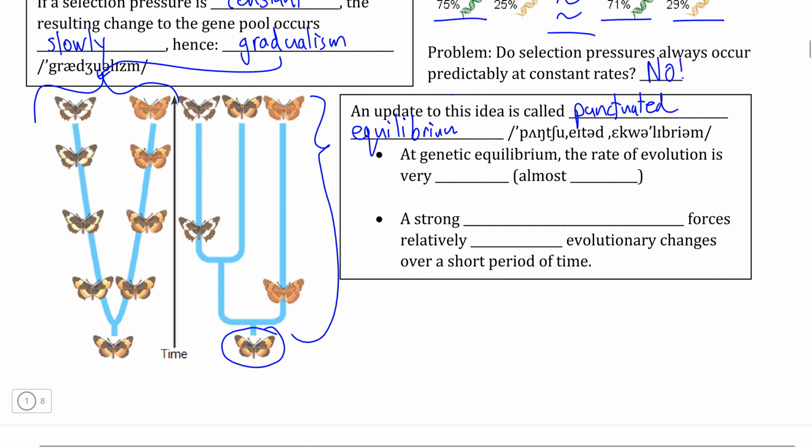So if we go to our common ancestor population here, we have a relatively constant phenotype variety or relatively constant allele frequency that occurs at this specific time. But then at this divergence here, we get the strong application of some sort of selection pressure that favors some sort of